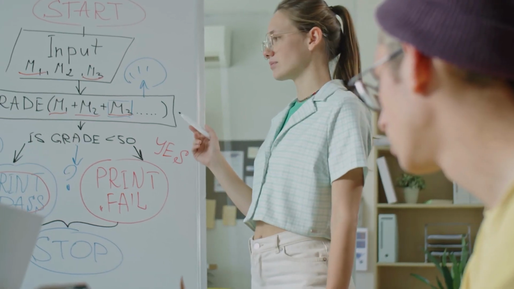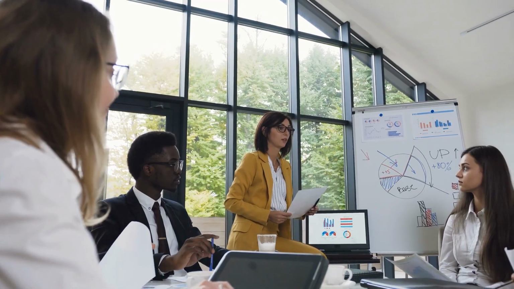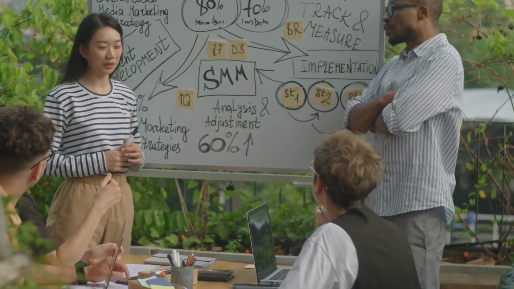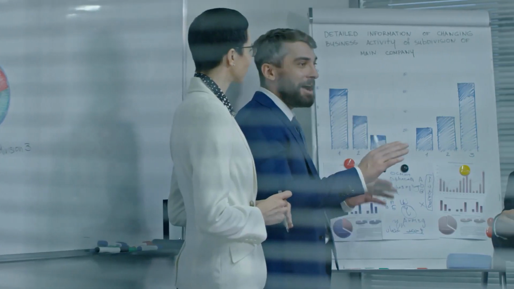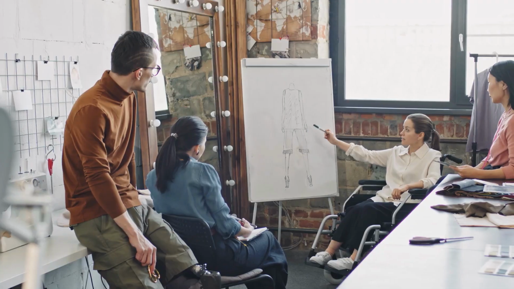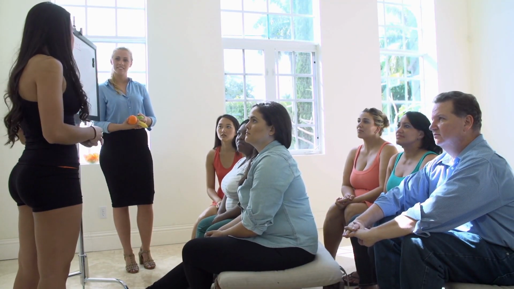Identify key assumptions. Identify the key assumptions underlying your business model or product. These assumptions can be related to your target market, customer needs, value proposition, or any other aspect of your startup. Write them down explicitly to ensure they are tested and validated through experimentation. Start with a minimum viable product, MVP. Develop a minimum viable product, MVP, that includes only the essential features needed to test your assumptions and gather feedback from early adopters or potential customers. Launch the MVP quickly and collect user feedback to validate or iterate on your assumptions.